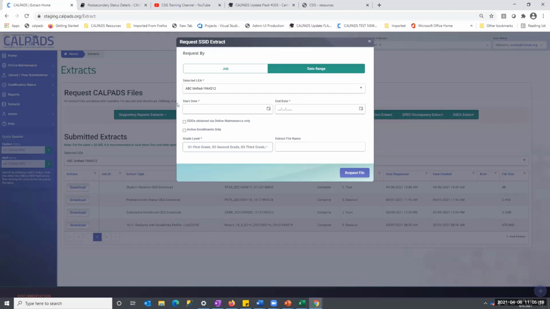enrollment. So a change that's coming, I believe sometime in May of this year, we're going to add enrollment start and end dates, so you can expand the universe of kids that are coming back in that file. The other thing that's happening is we're adding another field to that file. We're going to give you the date that CALPADS recognizes the first enrollment in a US school for